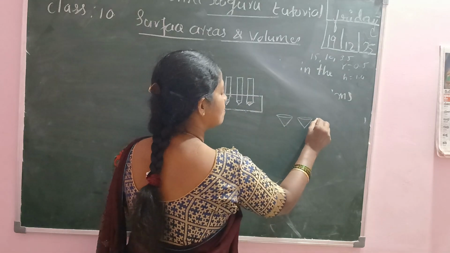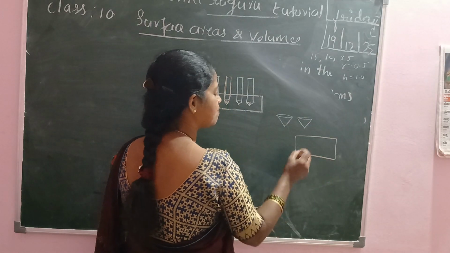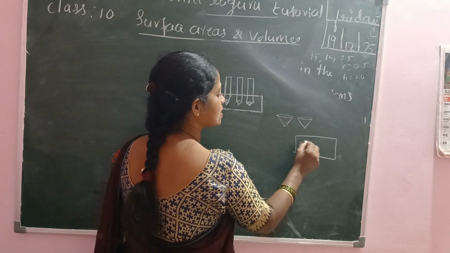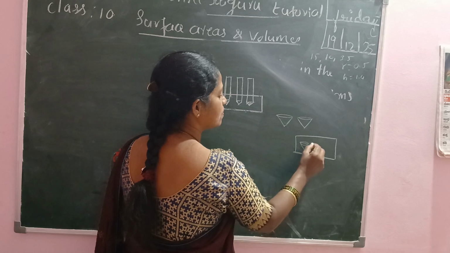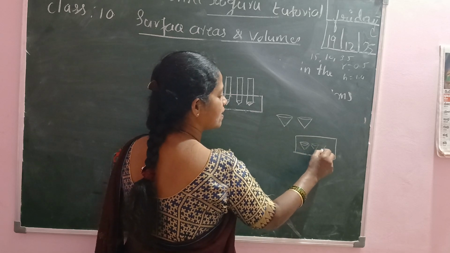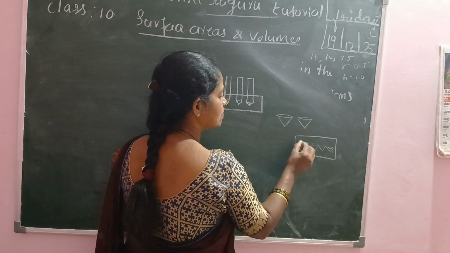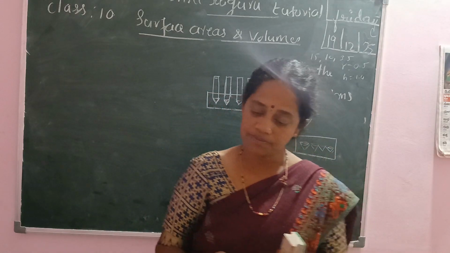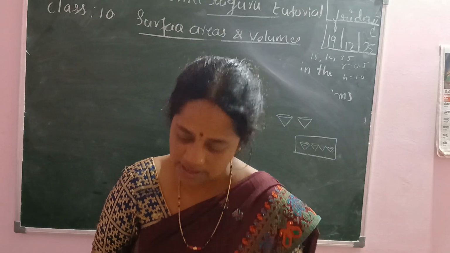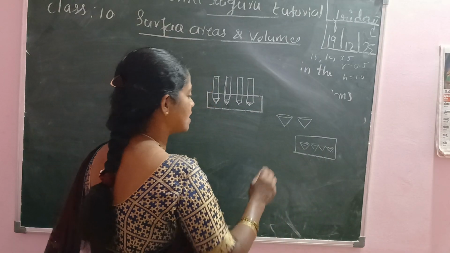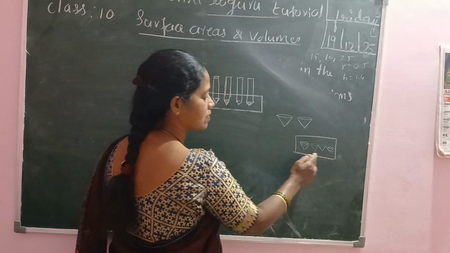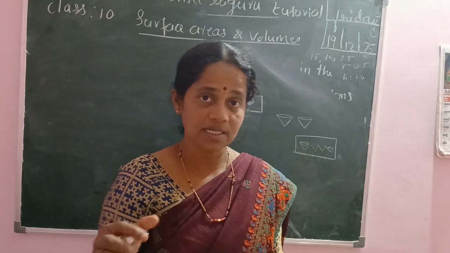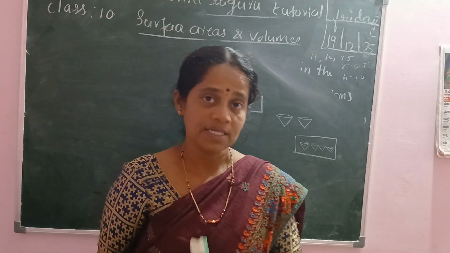So here you have four depressions. For example, this is one of the surfaces of the board, and you have depressions like this. Four depressions are there here. So we have to calculate the volume of the wood used in the entire stand. That is the volume of the cuboid minus the volume of the depressions. Whatever volume is there in the depressions, you have to subtract.